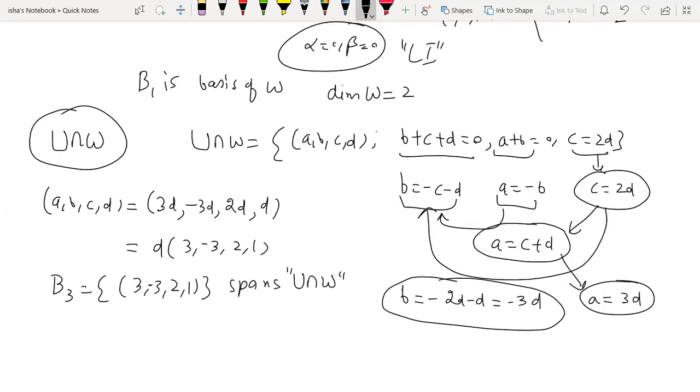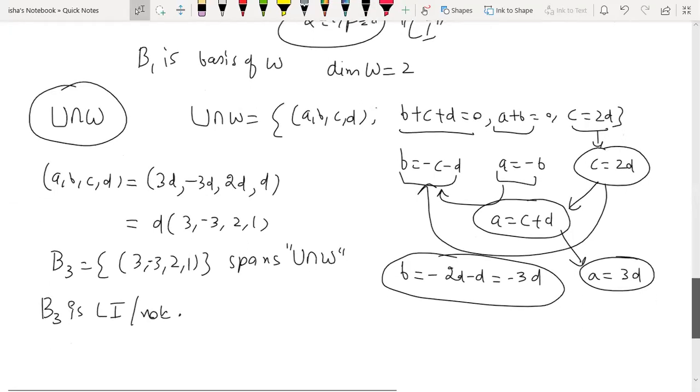combination of these. Now, what do you mean by linear combination of a single element? It's just a scalar multiple only, because there is no other element to add or subtract. So linear combination of one single element is always just the scalar multiple of that. That is why it is turning out to be D times this. So this is spanning, and yes, is this LI or not? Is a singleton set LI or not?